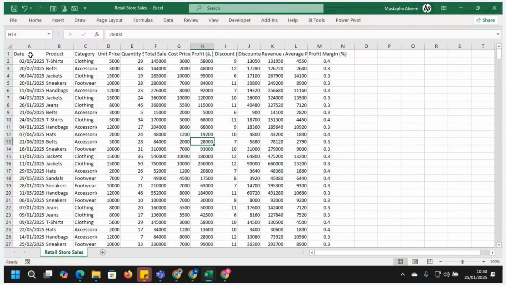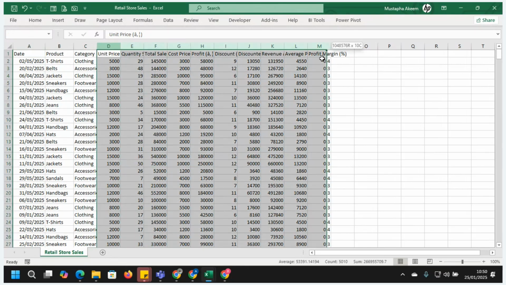So we have this data set. It is a retail store sales data set, where we have date, product, category, unit price, quantity, sales, total sales.